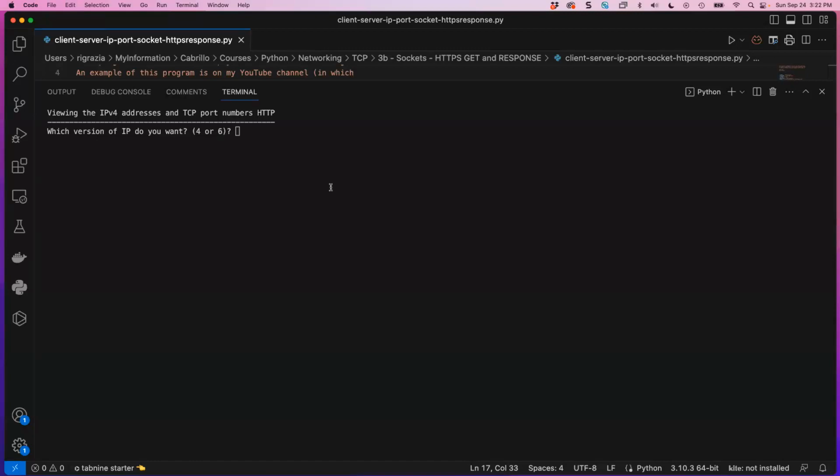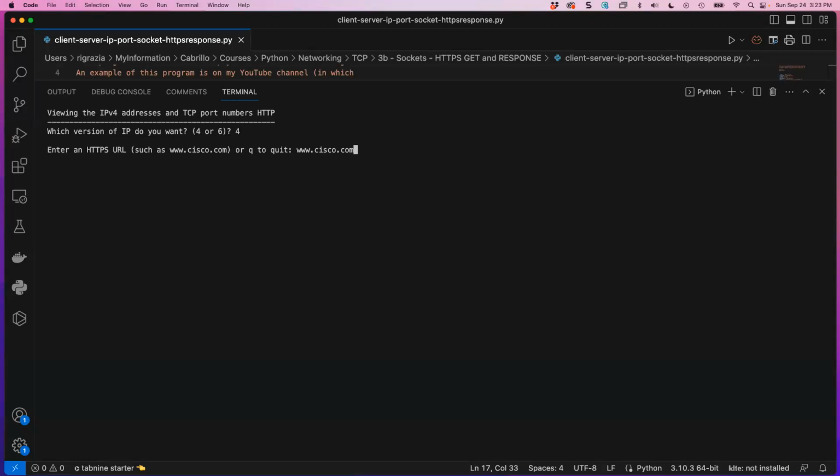And like all of my code, it's available for both IPv4 and IPv6, especially since we're seeing more and more IPv6. Most of the stuff I do from school and from home is via IPv6 by default. Okay, but let's do IPv4. We'll just keep it semi-simple here. I'll do IPv4. Okay, so it asks me to enter in the HTTPS URL of a website. I'm going to put in